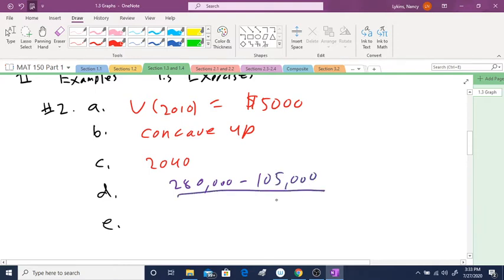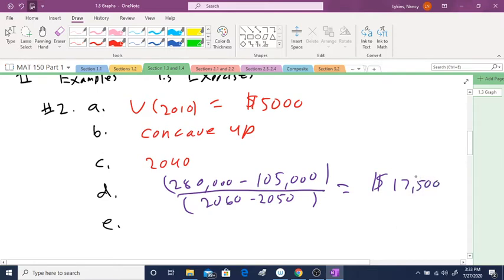And I'm going to put it over, how many years are between 2060 and 2050? I'm going to just put it. Okay. So I'm going to put these in parentheses. So what I'm going to do is I'm going to take 280, subtract 105, put it over, in this case it's 10. So you should come up with